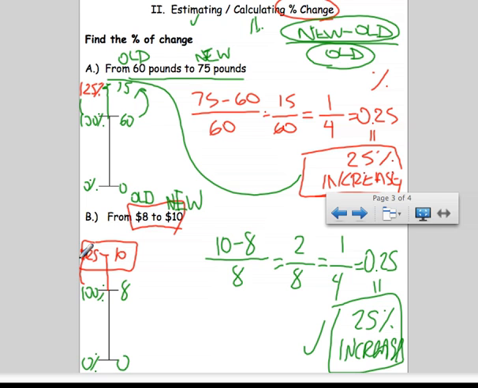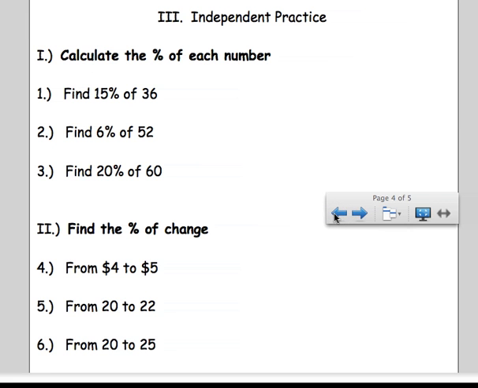Now it's time for independent practice. I'm not going to ask you to do the eye charts for the percent change, but I will ask you to make sure you're able to calculate it. Please calculate the percent of each number. These three correspond to the first slide. Then find the percent of change for these last three. And remember, for a percent of change, it's always new minus old over old. Hopefully that'll help you for those